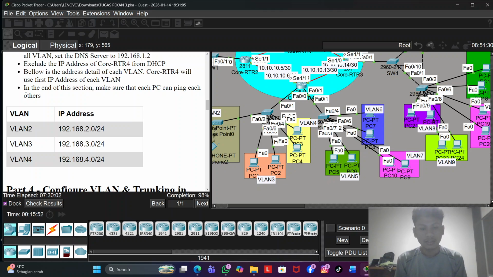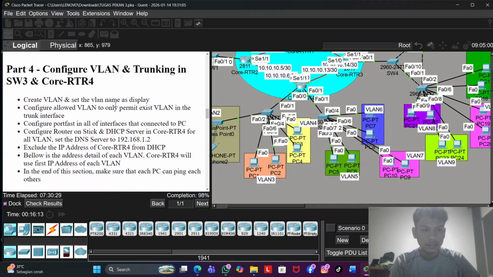I won't show you my config, but I will prove it with the command here to make sure that each computer can ping each other. So from PC2 to PC4. First failed and the second one is successful.